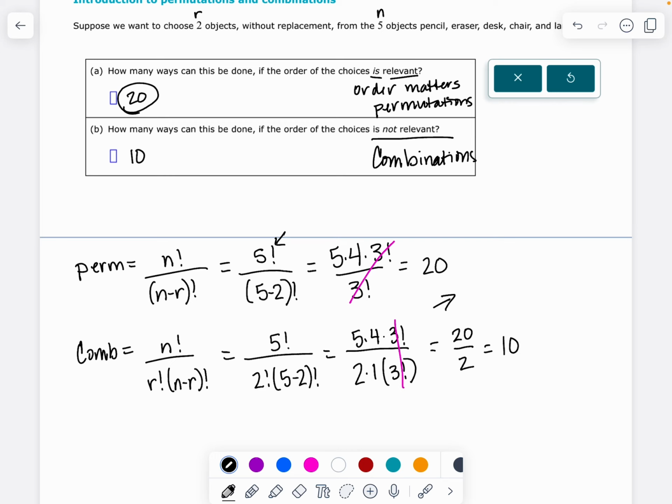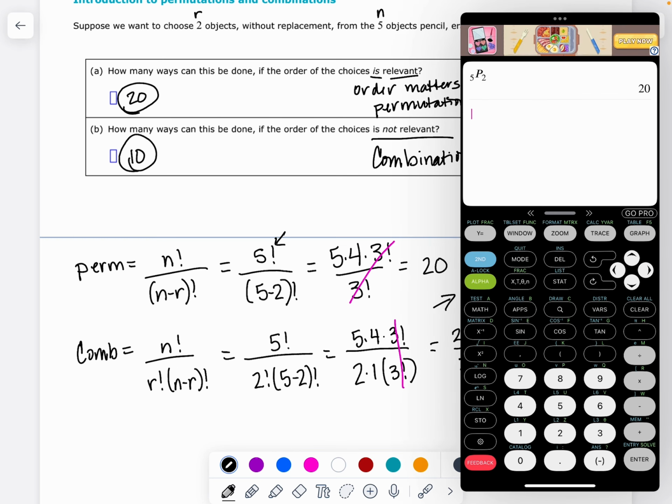Combinations should always be less than permutations. Always. There should always be fewer options in combinations. I'm going to grab my calculator and double check it. Math, probability, NCR. 5, 2, 10. There we go. All right. If that's confusing at all,